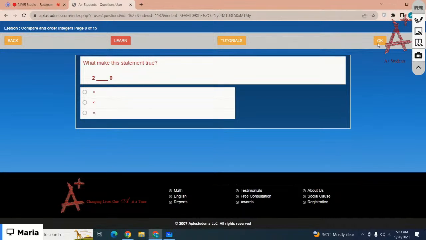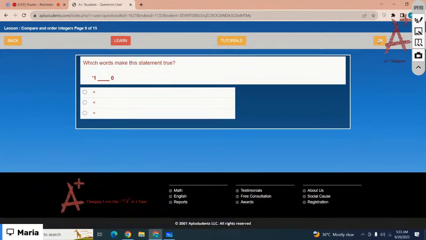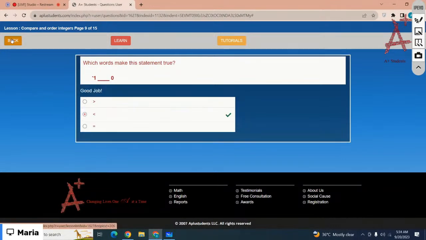Yes, 2 is greater than 0. The correct option is greater. Negative 1 is less than 0 because that is a negative number, right? Okay, you can complete the lesson by yourself later today. Let's just start with the next lesson, that is